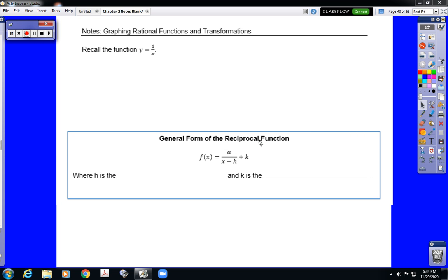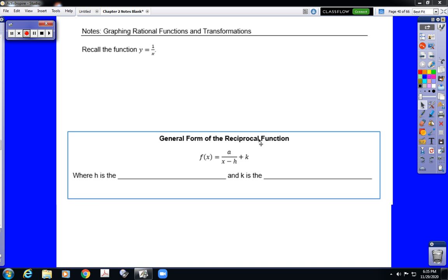All right, ladies and gentlemen, welcome to the notes for Chapter 2, Section 5, Part 1. Graphing Rational Functions and Transformations is the title of the section in your book, and we are talking specifically in this set of notes about reciprocal functions. Now, in theory, this is a review of work that we did back in Chapter 1 when we first discussed